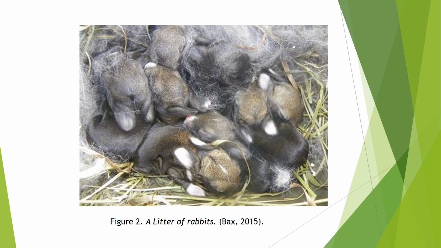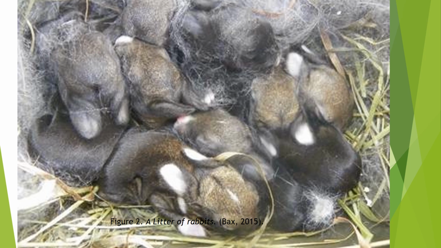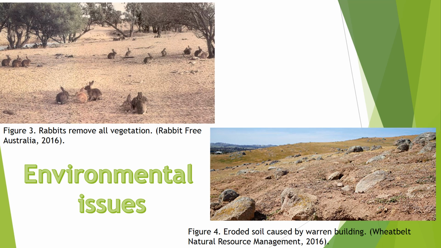The growing numbers are due to their reproduction. Rabbits can reproduce up to 9 times a year, each time having on average 6 babies. This can range between 4 to 8. One issue in particular that rabbits can cause is the destruction of plant species. Since the introduction of rabbits in Australia, we have had a number of plant species become extinct, as well as many areas of land and soil destroyed. We need to ensure that we can manage the numbers of rabbits in order to sustain our plants and protect